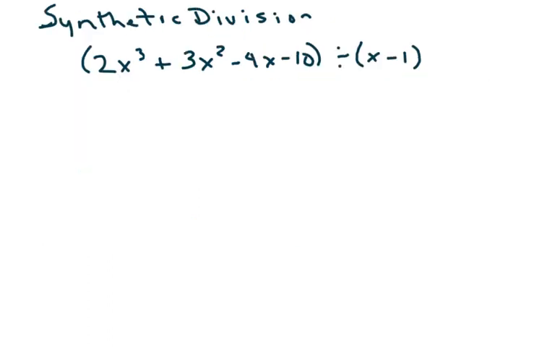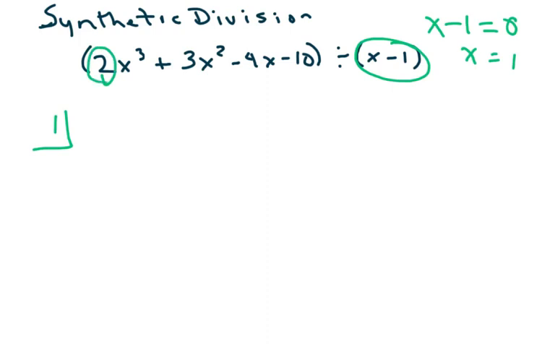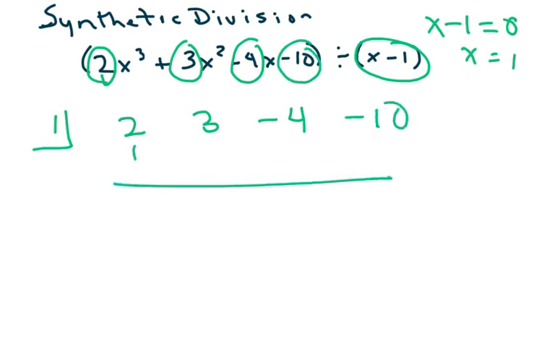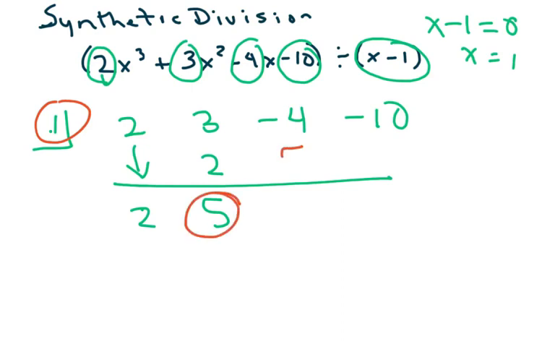All right. Now we have synthetic division. So I'm just going to divide by synthetic division. I'm going to take this part and set it to 0. And so that means x is 1. I'm going to put my 1 here. And I just pull out my coefficients. And pull down the 2. We're going to multiply these two, then add, multiply, and add, multiply these two, and